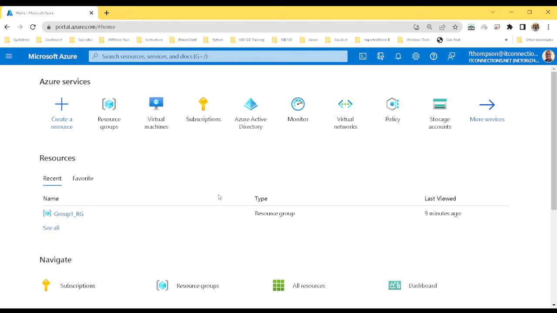So, first step before just getting straight into creating our virtual machine, we definitely want to start off thinking about organization, right? If this virtual machine goes bad, how can I quickly and safely delete it and start back over and things like that? So, before making a virtual machine, you first want to group your resources